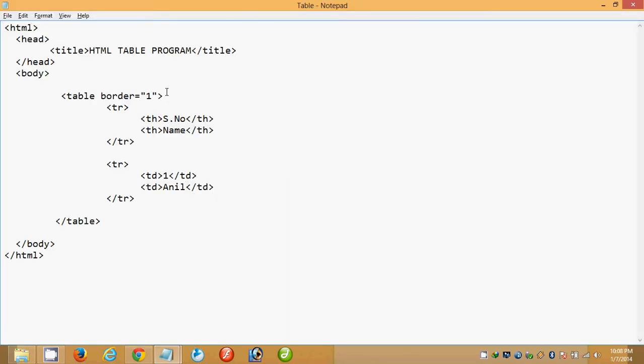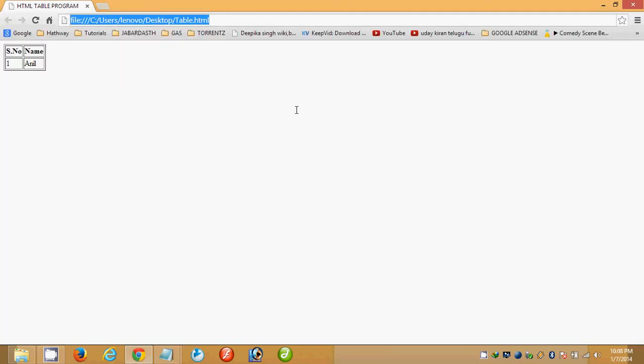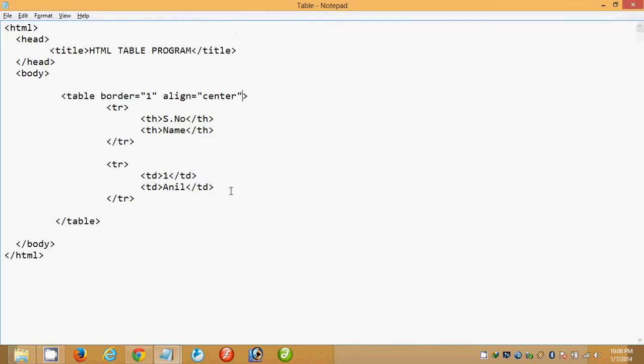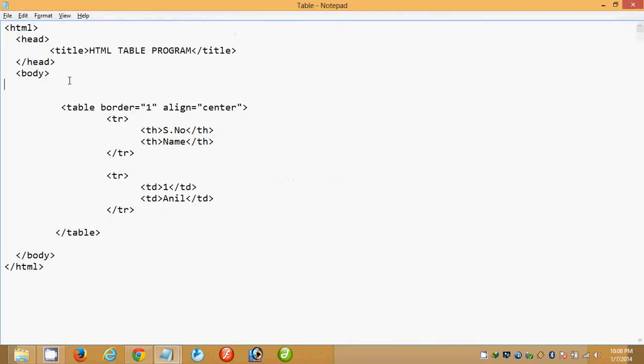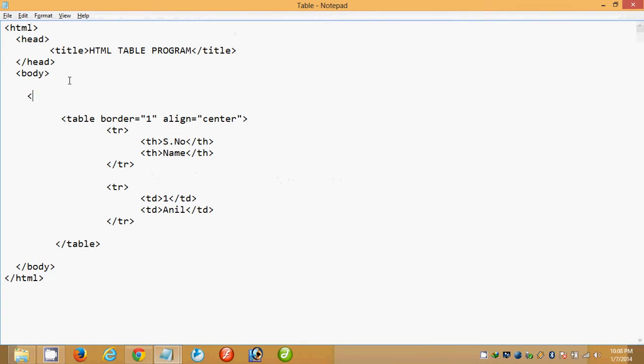So let me put this table aligned at center. I am using an attribute align equal center. Now it is in center, and I would like to put it a little bit down. So I am using some break tags.